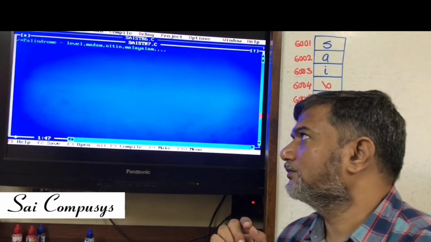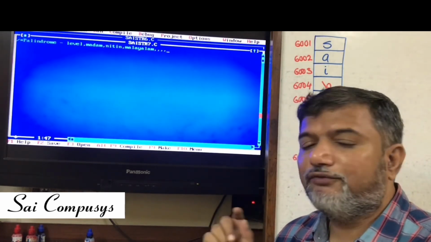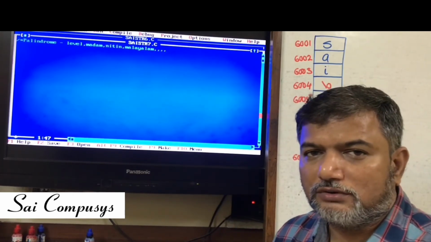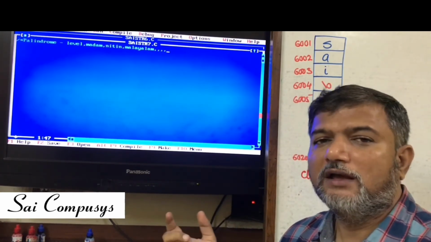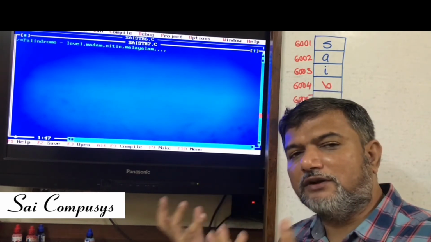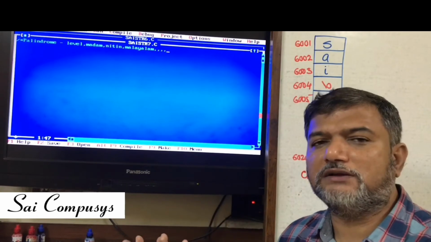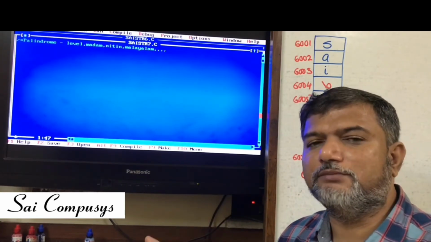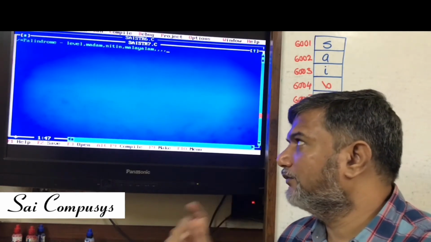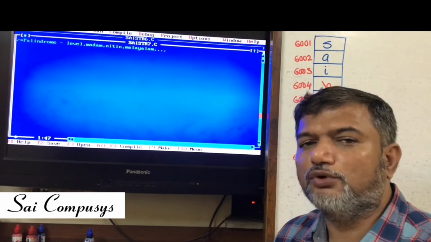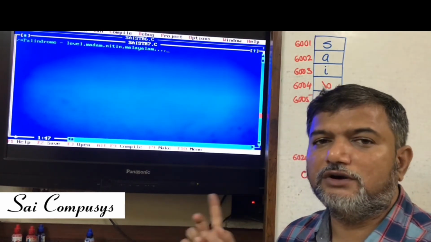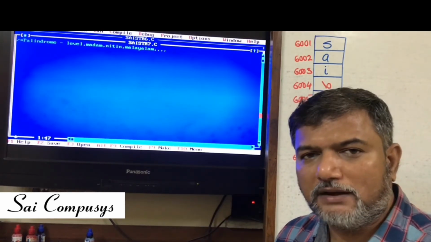Now I have to write a program which checks whether an entered word is a palindrome or not. So the easiest logic would be to reverse that word, and compare whether the original word and the reversed word are the same or not. If they are same, I could say they are palindromes. If they mismatch, then it is not a palindrome. I repeat, if the word and its reversed word are both same, then it's a palindrome. If the reversed word and the original word do not match, then it is not a palindrome.